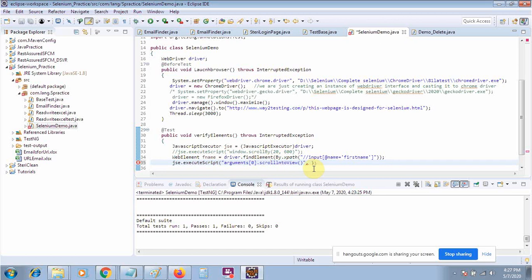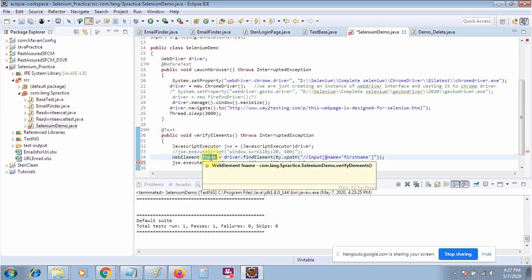Okay, so it must be correct: scroll into view, and then your web element up to which you want to perform the scroll operation.